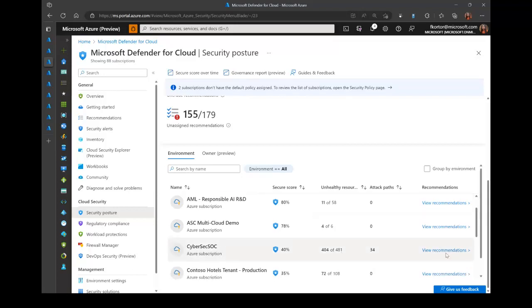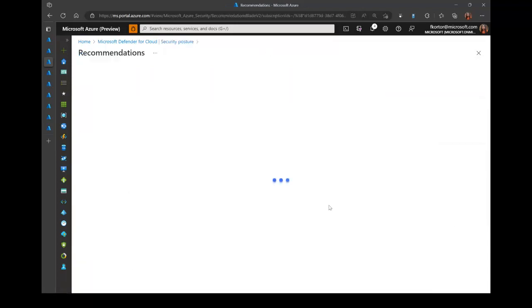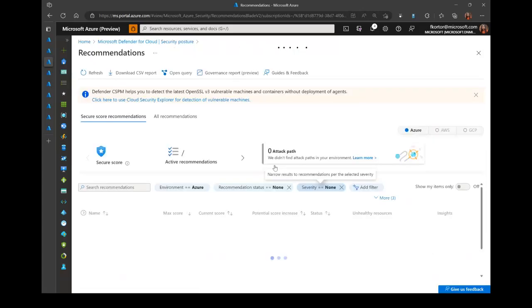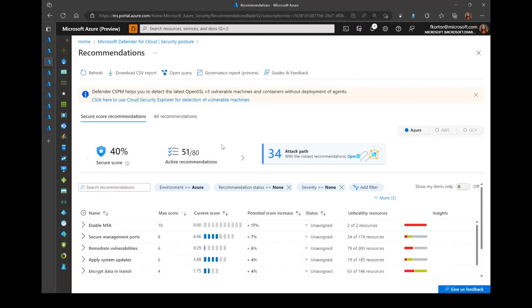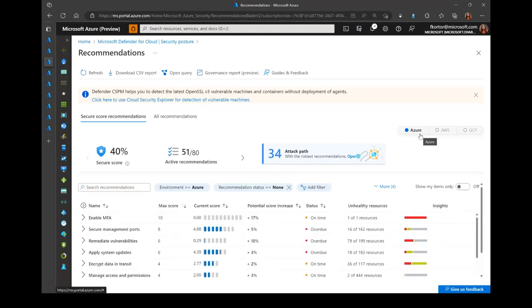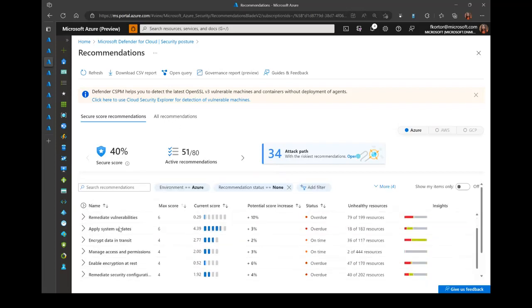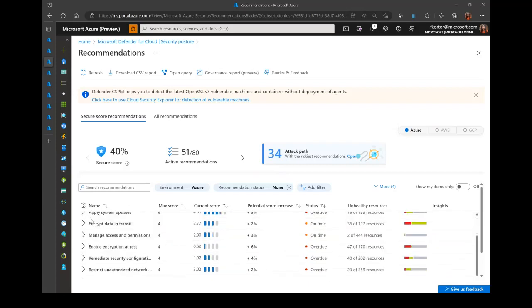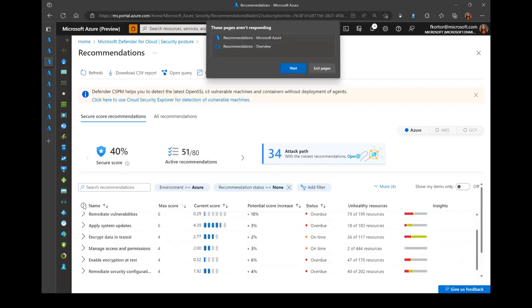If we take a closer look at one of these and click view the recommendations, you can see all the applicable recommendations for that environment. So right now I'm viewing an Azure subscription, which is what it's showing here. And I see all the recommendations that are needed for this Azure subscription. I also see the secure score as well. And then if you were to click on one of these recommendations here,